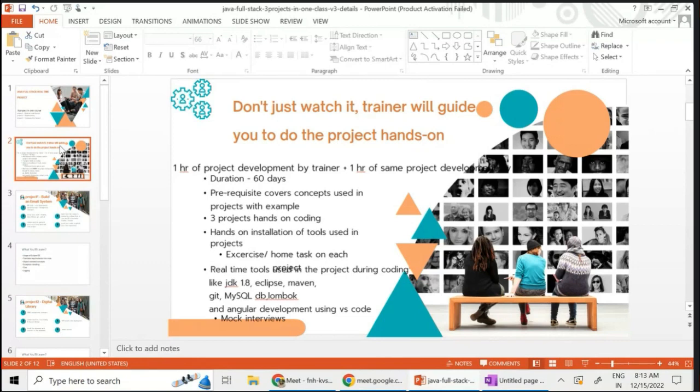Prerequisites for this course include core Java, Spring Boot, SQL. These come under prerequisites. It's fine even if you don't know about them. We are going to cover everything. We are going to begin from scratch and go all the way to full stack development. So it's fine. And we have three projects during this course. During the duration of 60 days, we will complete three projects from basic Java concepts to a complete end-to-end full stack